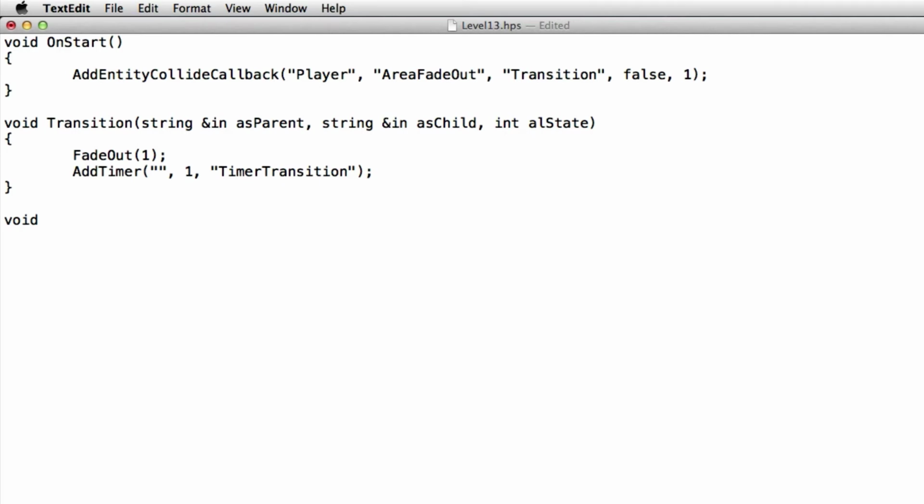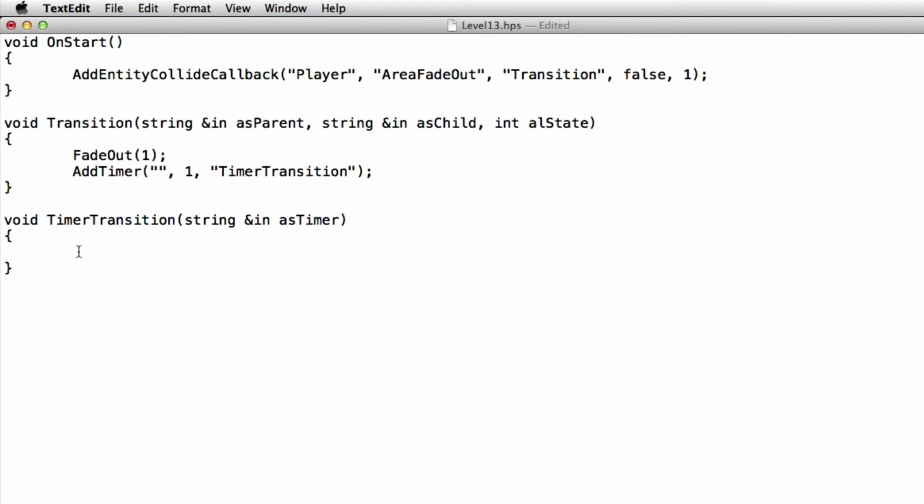So make the function that you defined in the timer void timer transition, and then the parameters of the timer, if you don't remember, go copy paste them from this engine scripts page. String and in as timer. And braces to open and close the block. Always be sure that you close the blocks you open, don't have any errors like that. Be very careful with typos as well, because typos are the worst thing in scripting, because it's so hard to figure out where it is.